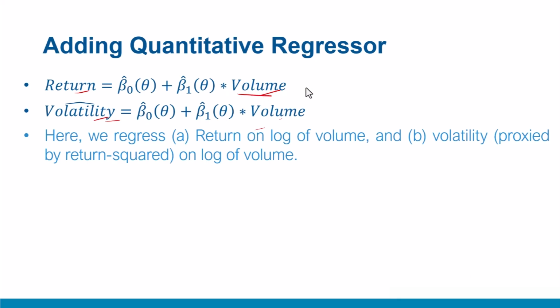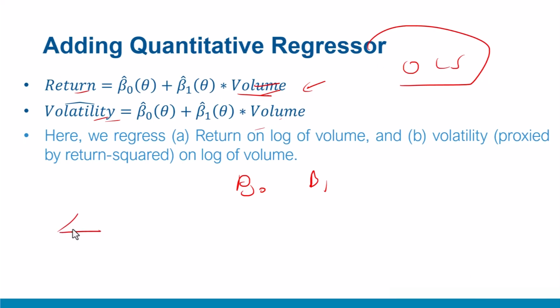So basically the idea here is that when you run this regression through the OLS approach, you are getting the mean estimates, beta naught and beta 1. However, the relationship between volume and return or volatility, as we'll see shortly, may differ across different quantiles, that is, lower quantiles like Q1, mid quantiles like Q2, and upper quantiles like Q3. The relationship may change, as we'll see shortly. And for that, OLS is not very well capable, and we need a quantile regression approach.